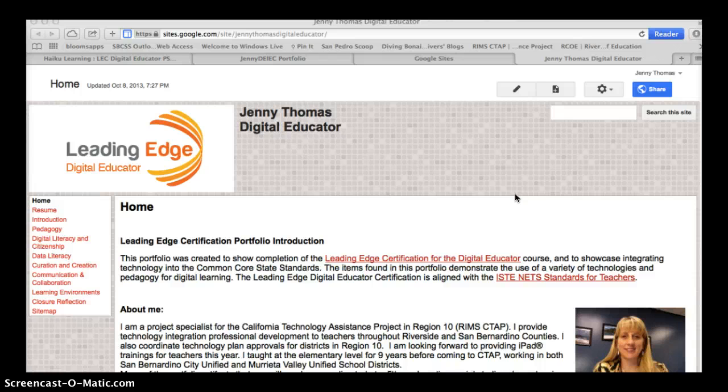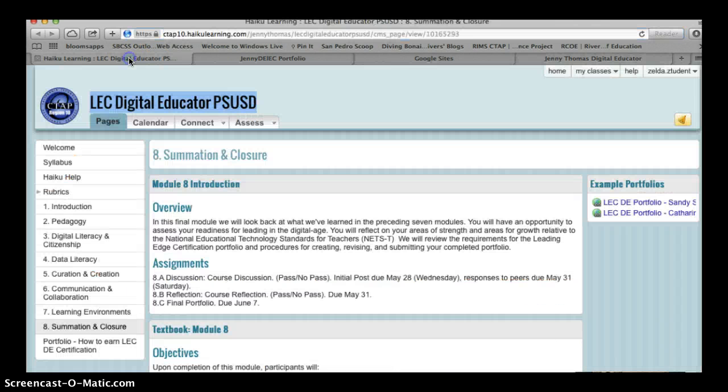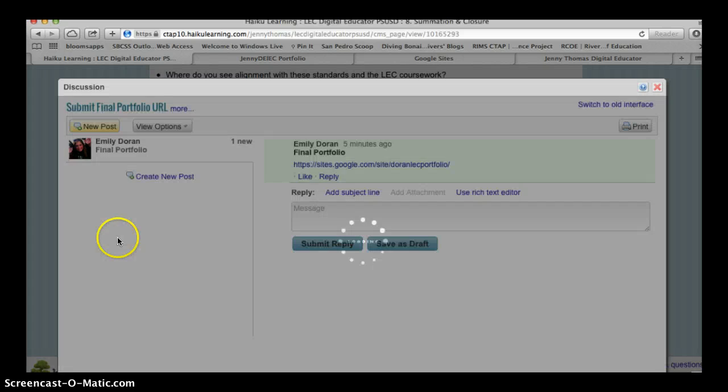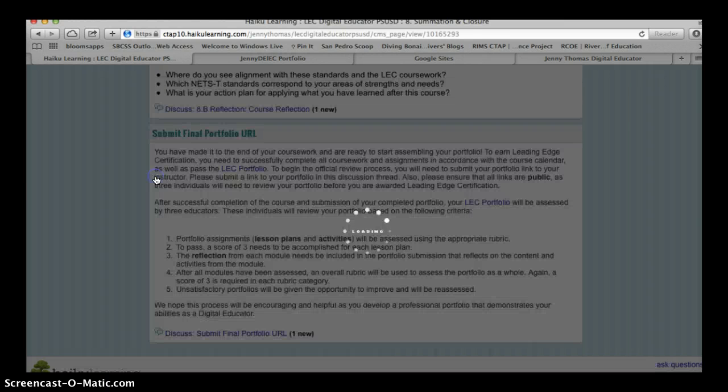Now you're actually seeing my portfolio when I took LEC Digital Educator, because I'd like to show you how you're going to submit your link for your portfolio for review and final submission. Really, it's as simple as getting the URL here copied into your clipboard and coming back to the Haiku class. And at the bottom of Module 8, there is a place to submit your final portfolio URL, and I can see somebody's been working on theirs. So I'll create a new post,